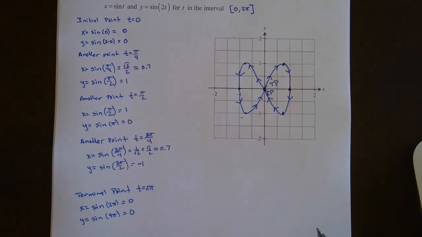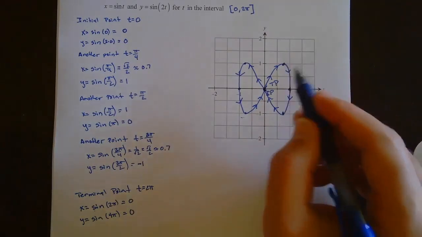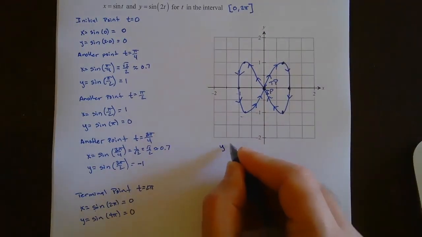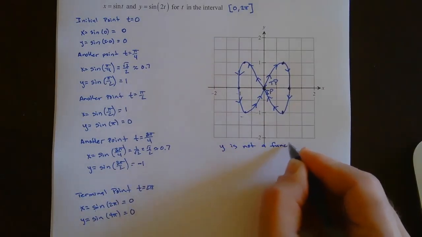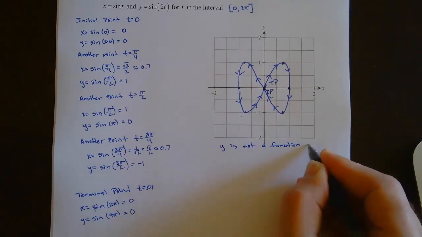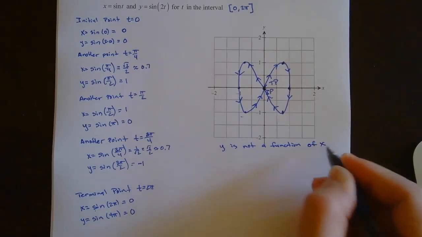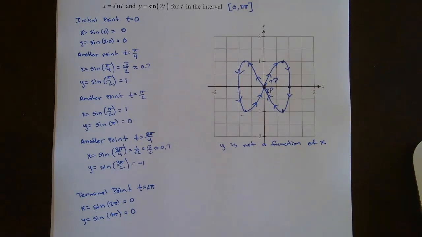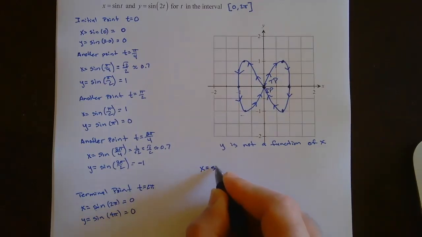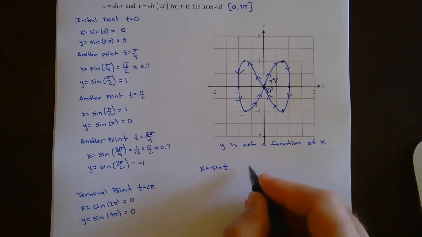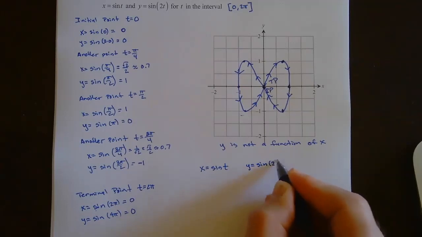All right, so now we got to write the equation, right? And this is not, I should say, y is not a function of x. I'm going to go back to example 1 and state that, okay? Because I realized I didn't state that on the first example. I said it, but I didn't write it, okay? So how do we go about doing this, right? So we have x is equal to sine of t, and we also have y is equal to sine of 2t,